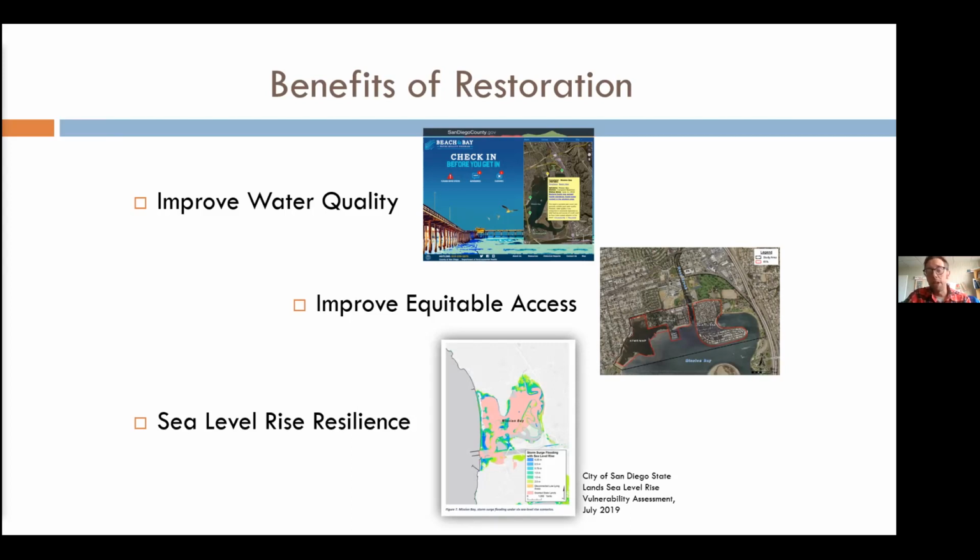But it's also an important example of opportunity to improve equitable access. I mentioned that Kumeyaay folks were living alongside the banks of Mission Bay since time immemorial. This is an opportunity. A wetland restoration project is a great example of ways that we can get people back into a larger, expanded and more resilient marsh so that we can reconnect some of those cultural practices and reconnect some of those communities to a space that's culturally significant to everybody, but especially for Kumeyaay Native Americans.